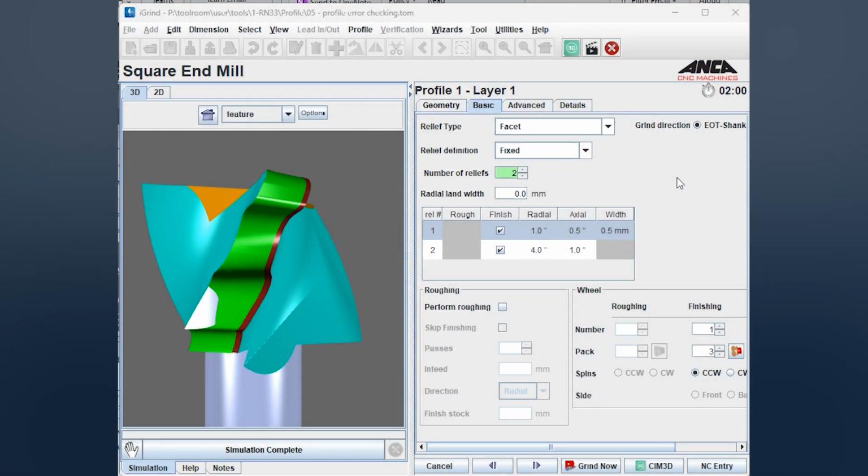There's been a new option added in Profile software to set the number of reliefs. So initially we enter the number of reliefs as 2, set the radial and axial angle along with the line width required, and then once we go and change this to a higher number of reliefs, say for example 8,